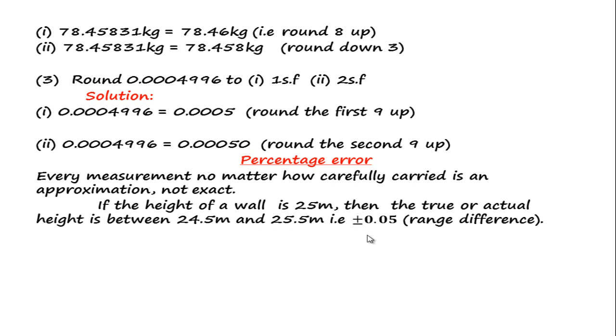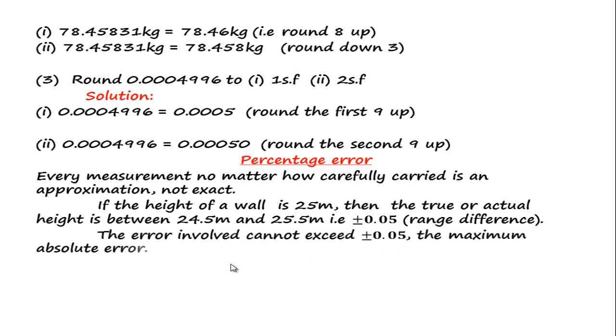That is, we have plus or minus 0.05, which is the range of the differences. The error involved cannot exceed plus or minus 0.05. The maximum absolute error is plus or minus